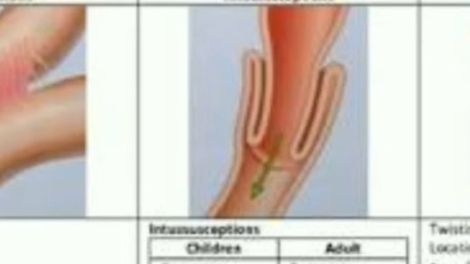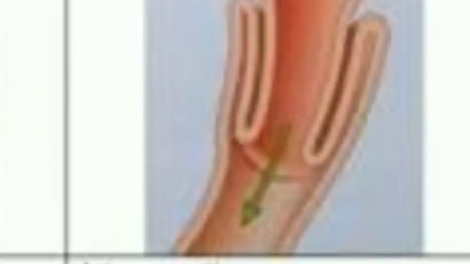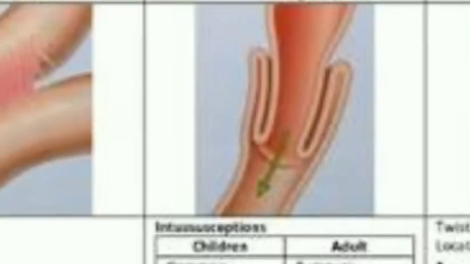Then the etiology. The first etiology is idiopathic, but the probable factor is hypertrophy of Peyer's patches in the ileum. Peyer's patches are aggregated lymphoid follicles, and during the period of weaning, the time of change of food habit in a child, this proliferates and there is proliferation of intestinal bacteria. Peyer's patches are stimulated, they grow and produce a lump which is responsible for intussusception. So that is in the case of the newborn child during the period of weaning, the time of change of food